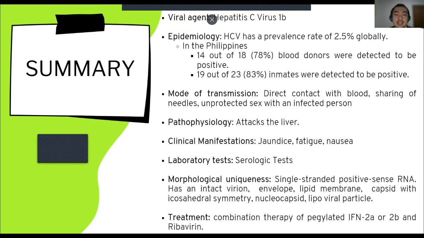As a summary of our case study, the viral agent of the disease is called hepatitis C virus with a genotype 1b. And in terms of the epidemiology of the disease, HCV has a prevalence rate of 2.5% globally, and in the Philippines, 78% of blood donors were detected to be positive, and 83% of inmates are also detected to be positive. Now, the virus mode of transmission includes direct contact with blood, sharing of contaminated needles, and